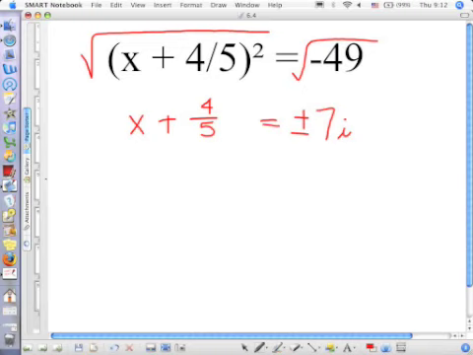Okay? Now here's where you need to be careful. Yes, there's a fraction. What's the fraction in the x doing? Adding. Okay, how do you undo addition? You subtract. So x is equal to negative 4/5 plus or minus